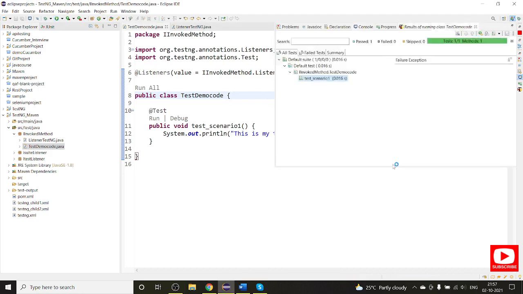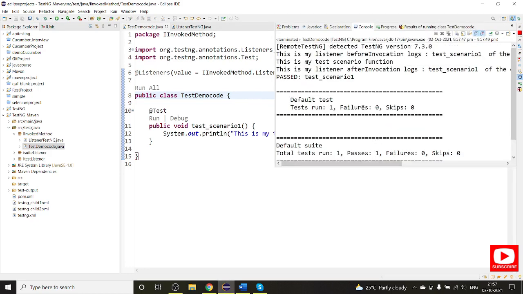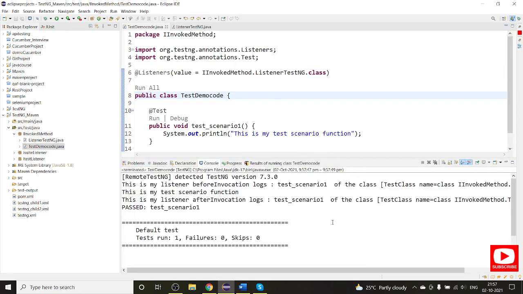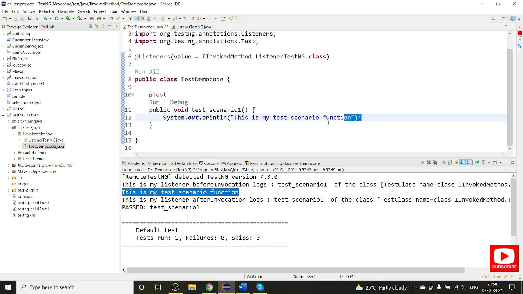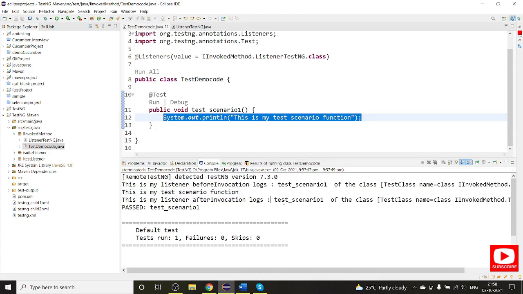So again I will uncomment these lines, quickly save, and execute this again. Now you can see you have something here which is created. This is my listener before invocation log, and then this is my test scenario function. Whatever code you write in your method will be executed, and after that the after invocation log will be called, and this is the scenario one that we are going to execute, right?